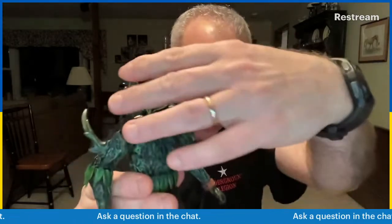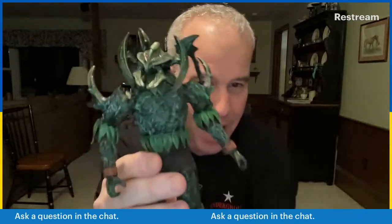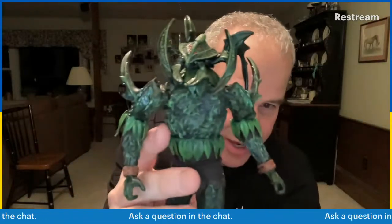This guy's made out of, so it's a Super Joe line, but his body is he's a giant insect. So if you can see his head, he's got the mandibles open and closed. But his body, if you can see it, kind of looks like it's got veins. That's all hot glue. So I hot glue gunned it, and I take